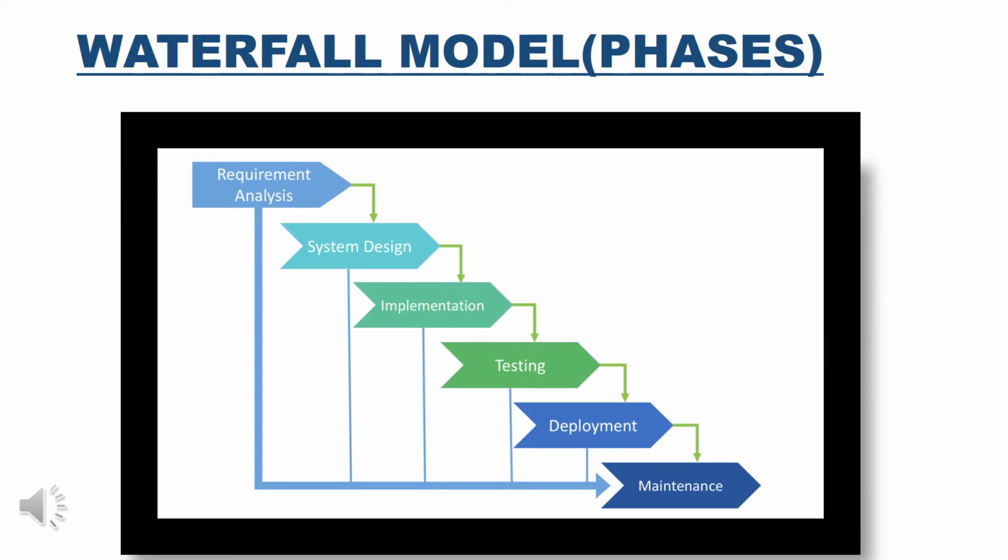And once all the bugs or errors are removed from the system, the final deployment process starts. In this process, they take the feedback from the project managers, and then they release the final project to the customer. Maintenance phase occurs when the system is deployed to the customer end and the customer starts using that system. So in this phase, 3 activities basically occur. First one is bug fixing, where we fix the bugs or errors, the second one is upgrading the application, and the third one is the enhancement, where we add some new features to the existing software.